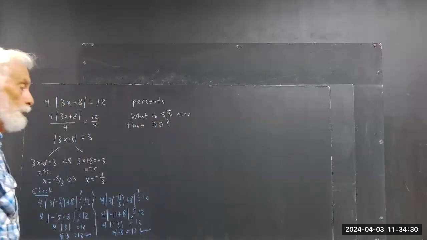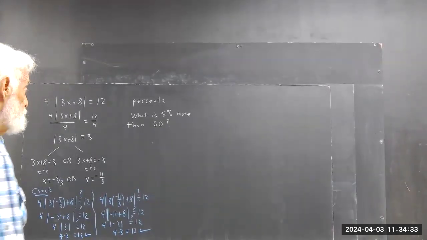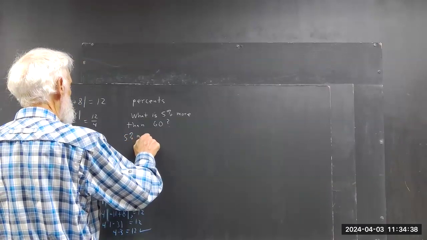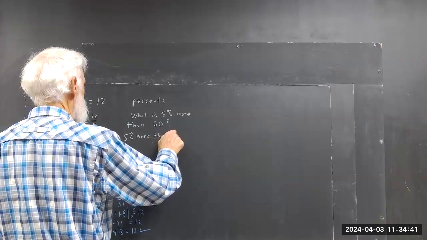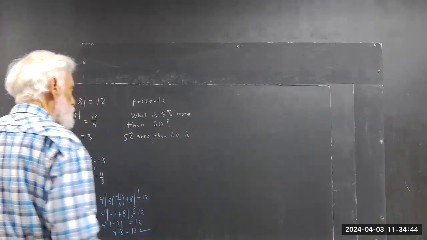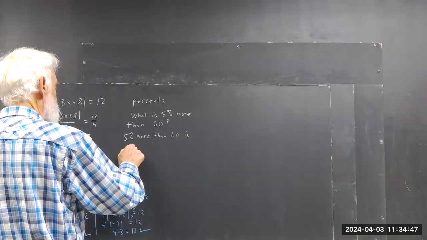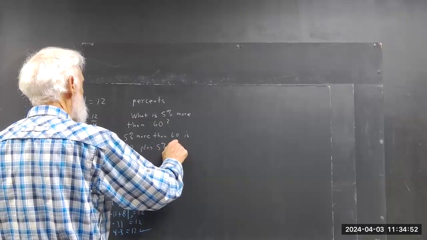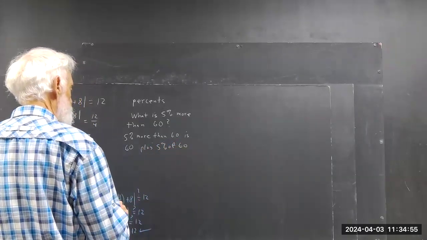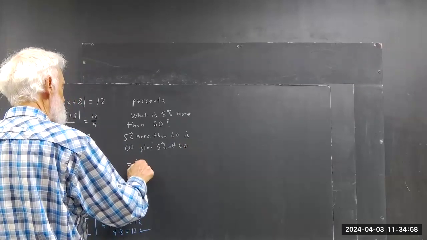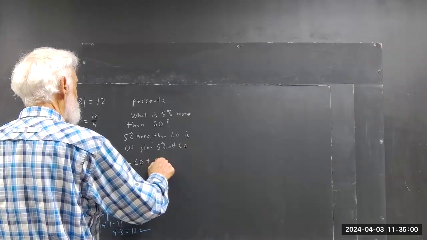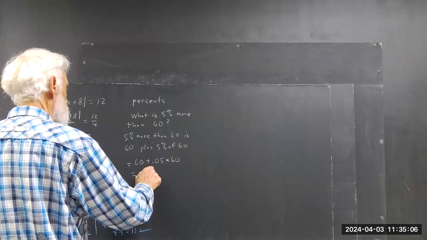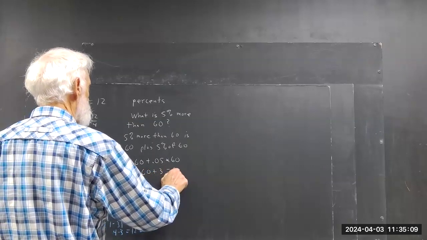What is 5% more than 60? Five percent more than 60 is 60 plus 5% of 60, which is equal to 60 plus 0.05 times 60, which is equal to 60 plus 3, which is equal to